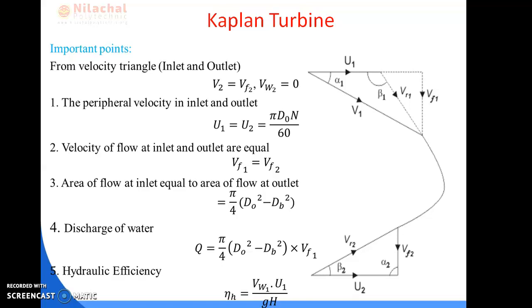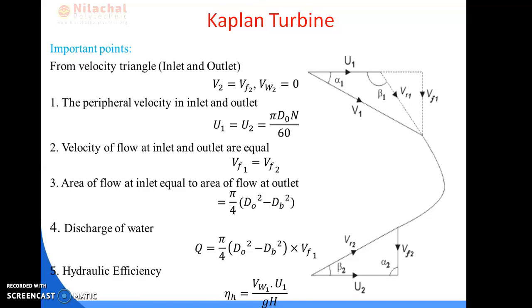Next point is your hydraulic efficiency. Hydraulic efficiency is nothing but the power delivered by the water upon the runner, out of the power supplied at the inlet of the turbine. So power delivered is equal to runner power. Already you have obtained rho Q Vw1 U1. Since Vw2 is 0, the work done per second is equal to Vw1 into U1